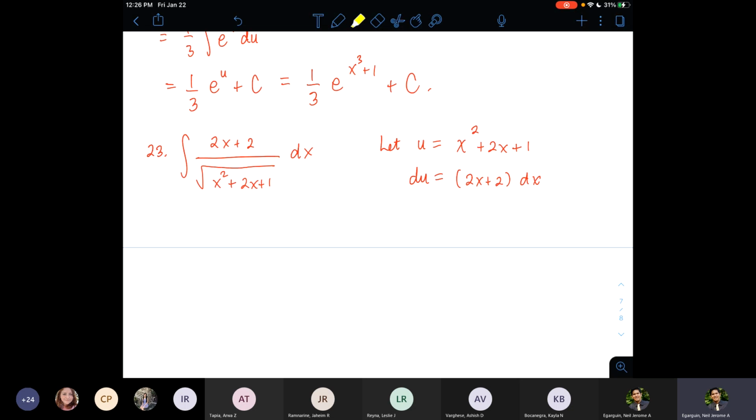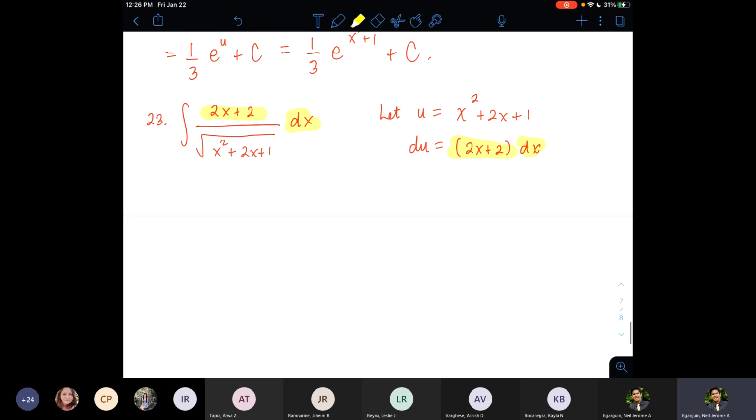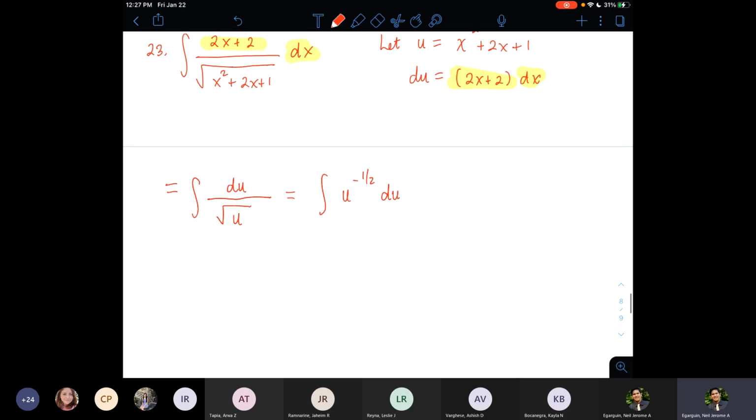And I guess here you will see exactly why I started with the denominator. Because again, I'm hoping that the requirement for the du will be coming from the numerator. And true enough, I need a (2x plus 2) dx, and that's present in there. So that highlighted factor in the integrand will just be replaced by the du. So in my next step, I will have the integral of simply du all over the remaining ones. But the remaining ones is fine because it will just be the square root of just u. Okay? And if I rewrite it as the integral of u to the negative 1/2 du,